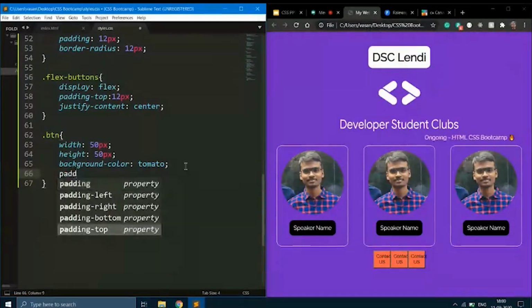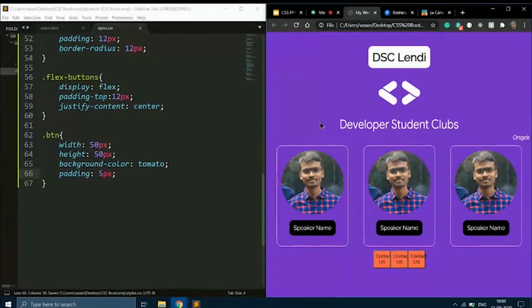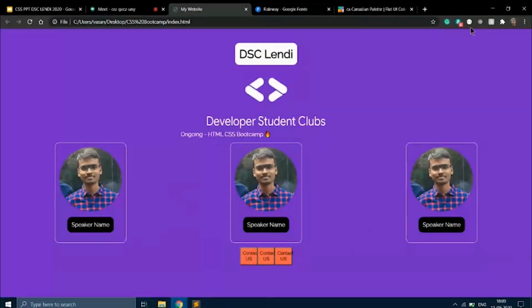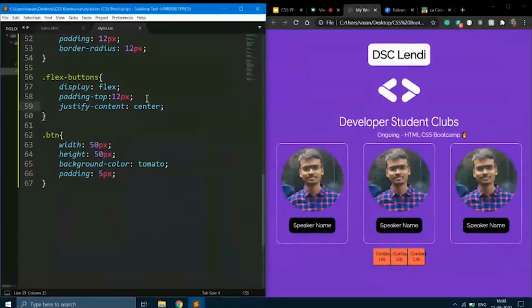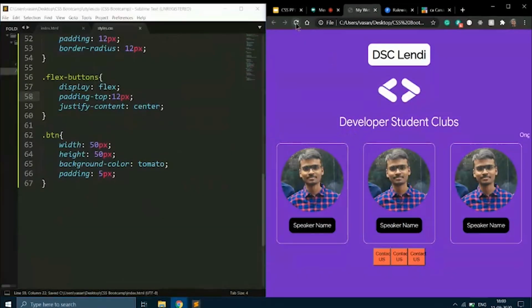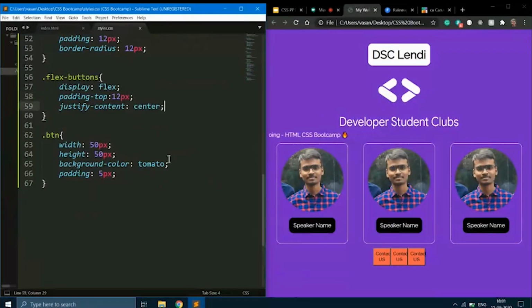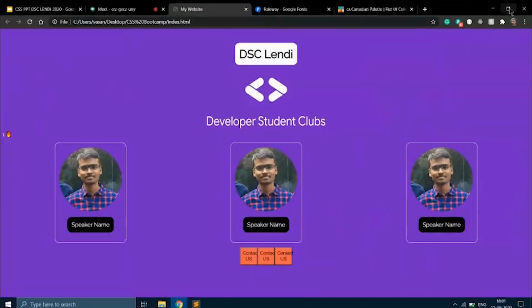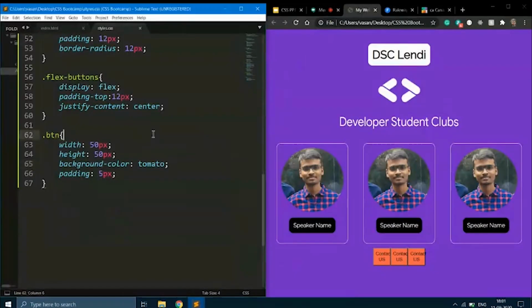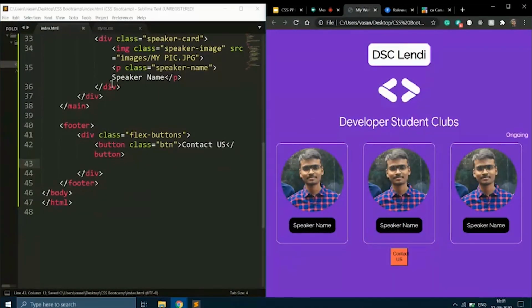I also want to give padding to the buttons. Let's see. First, let's just go with the single button and see what's happening.